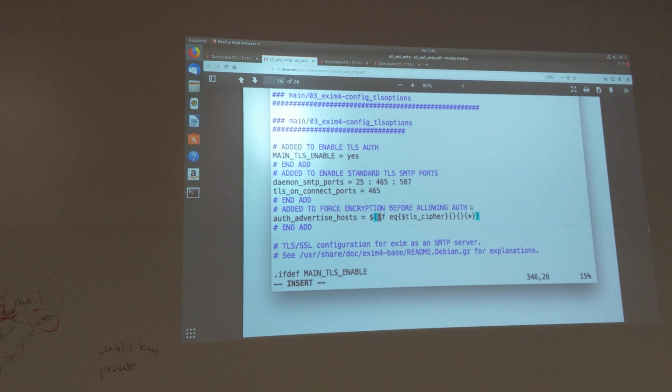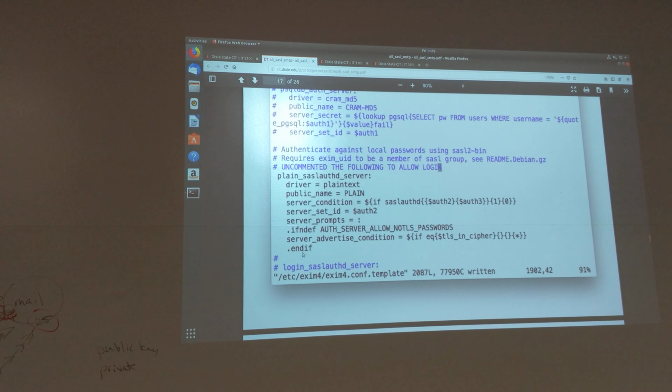Okay, so I added those four lines. Then I jumped to the bottom of my file, and there's a section called plain SASL auth D server. I uncommented all those lines, and so this enables the whole SASL